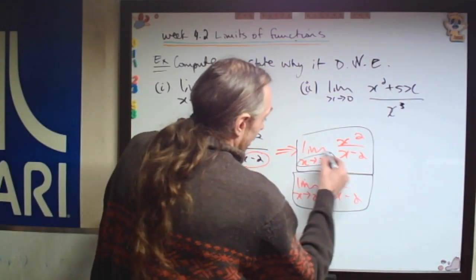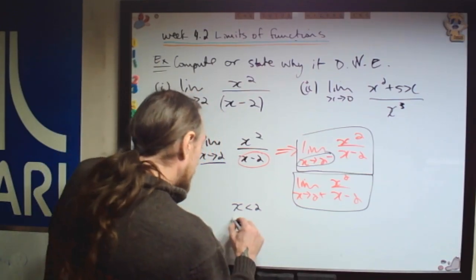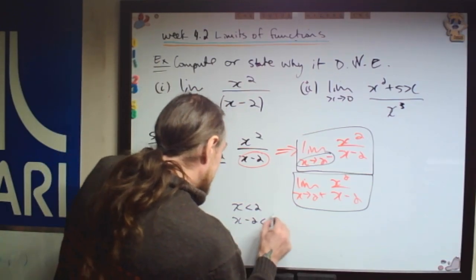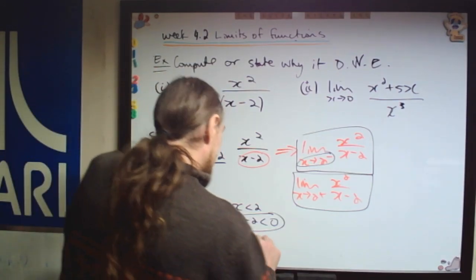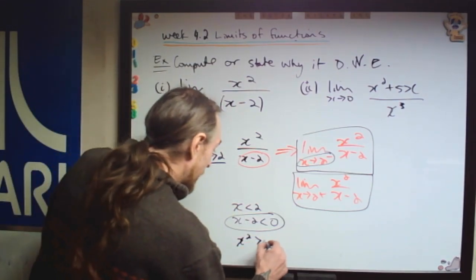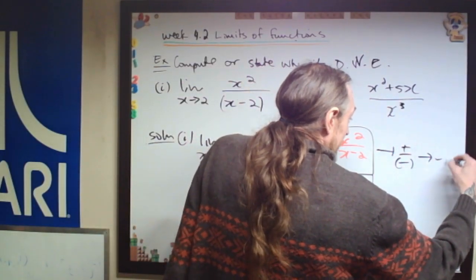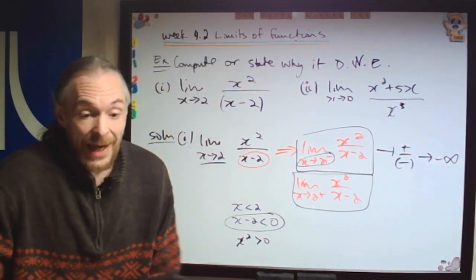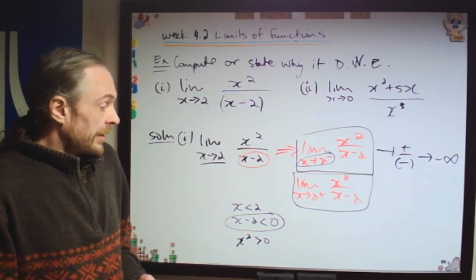Here, for that one, x is less than 2, so x minus 2 is less than 0, so it's negative. And x squared, regardless of where I am, is always positive, so this is approaching a positive over a negative, which would be negative infinity. The jig is up, it has to blow up. I just want to know which kind of blowing up it does. For this one,